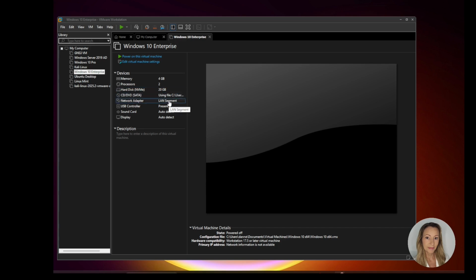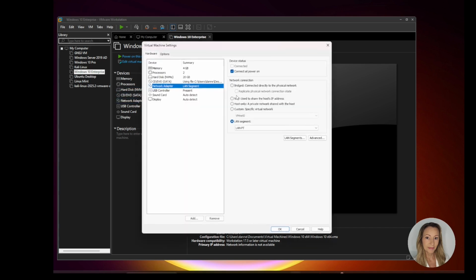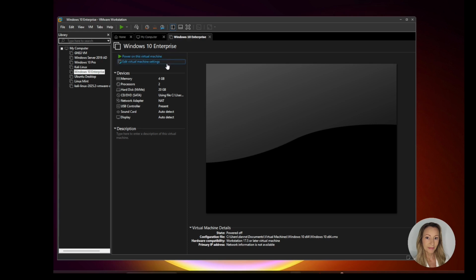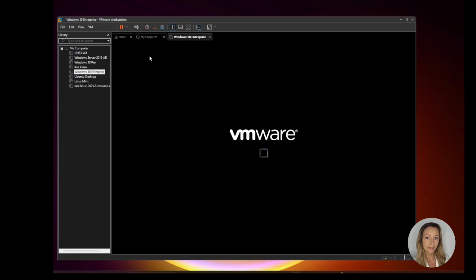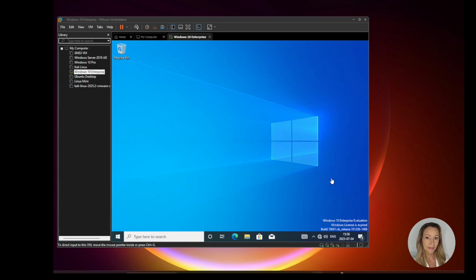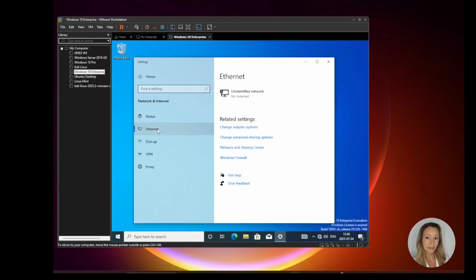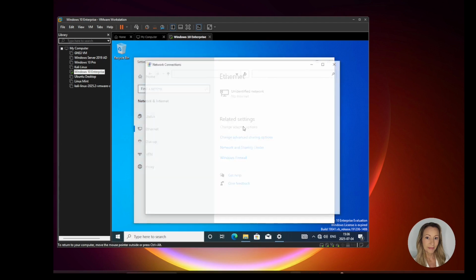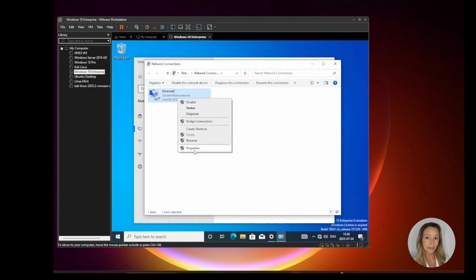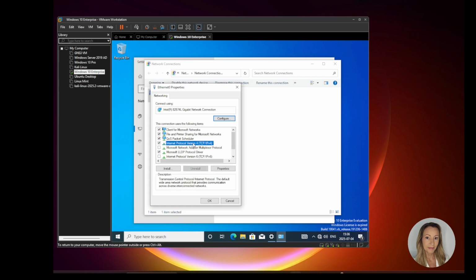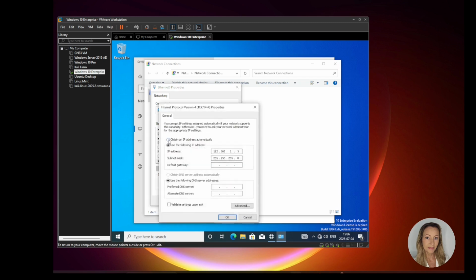So we're going to click on the network adapter, select NAT, and then OK. And now we're going to power on the machine and log in. Now that we're logged in, the first thing we're going to have to do is change back the IP address to DHCP. Click on the globe, Network, Ethernet, change adapter options, right-click Ethernet and then Properties, version 4, Properties, and then obtain an IP address automatically,